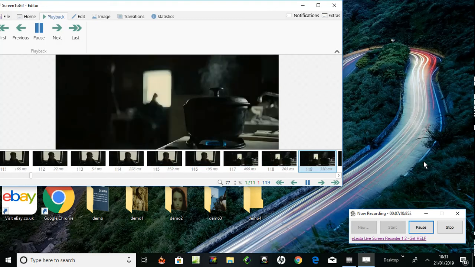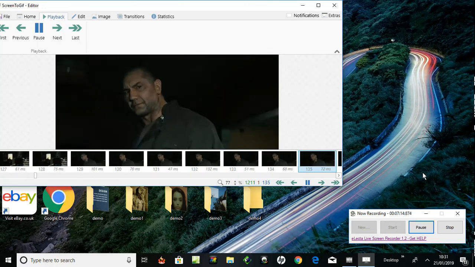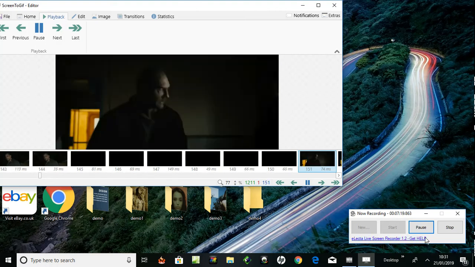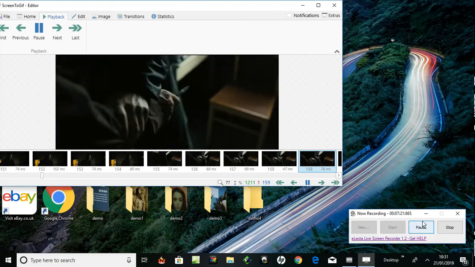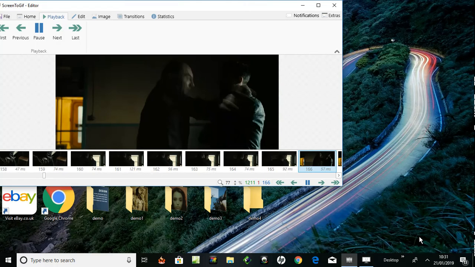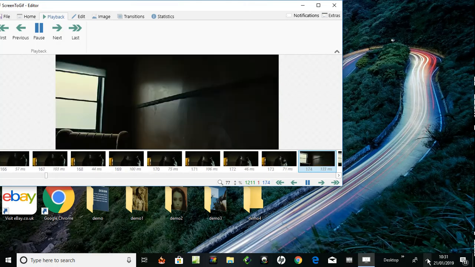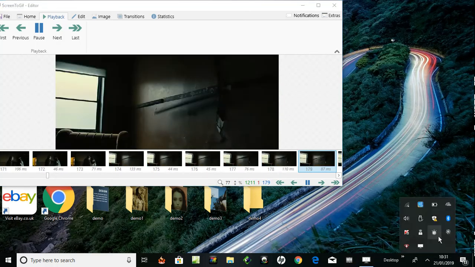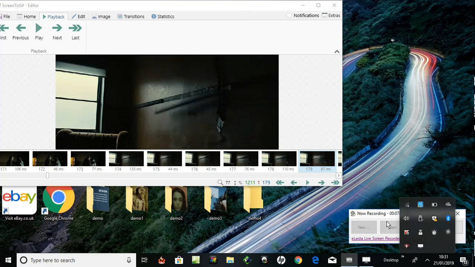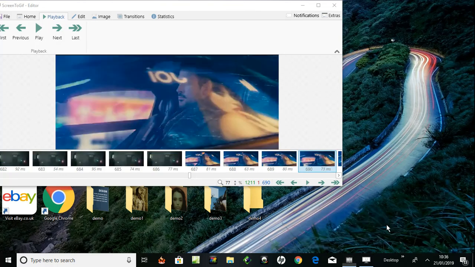I'm going to pause it till I get to the section I like. Okay, got to a section that I like, that I'm thinking of making a GIF from, and that was at